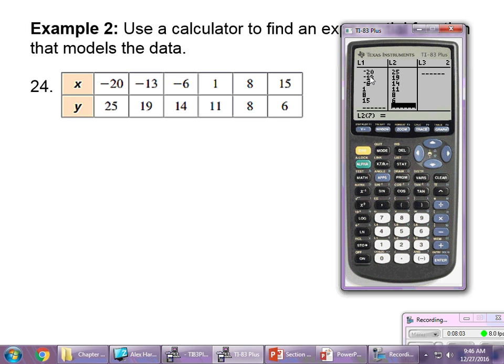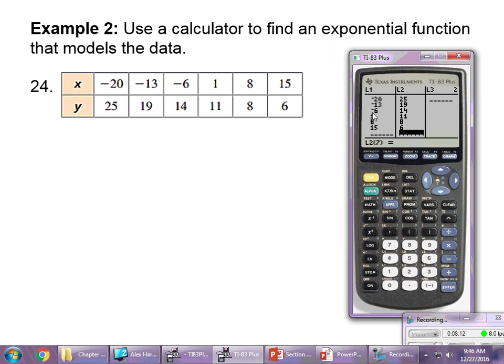And just make sure that all my x's and y's are typed in the right way and they all match up. I don't have one list that's longer than the others. Okay, so we type that in, then it's the stat key. It saved all those points we entered. We're going to go over to the calculate menu, and we want to scroll down until we get to EXP reg, exponential regression. So we'll hit enter there, hit enter to run the regression, and there you can see we've got 11.1357 times 0.96 to the x. And that would be our regression equation.